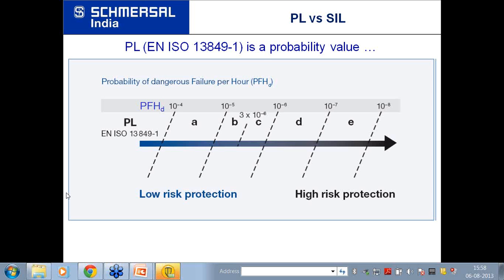Another question from Mr. Vijay Kumar: is there any standard for mounting of pull rope switch, for example height from belt, etc.? I don't think there is a standard for this. One should mount it so that it is clearly visible to the operators, because it is an emergency stop device, and an emergency stop device should be visible to the operators all the time. So it should be mounted in a way that it is available and operable by all the operators all the time.